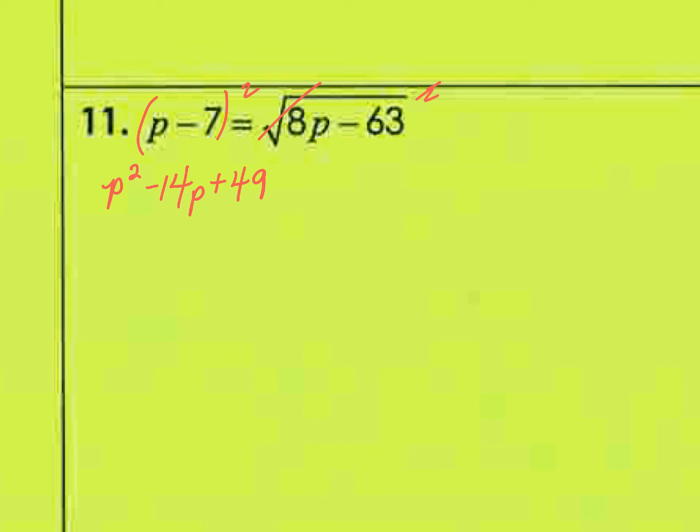Wait, so you don't distribute it? Square it, because you double it. Square, double, square. So then you get 2 times p times negative 7, that's what you do, and then you add 49. It's just an easy way to do it in your head, so you don't have to write it out. Square the p and it equals